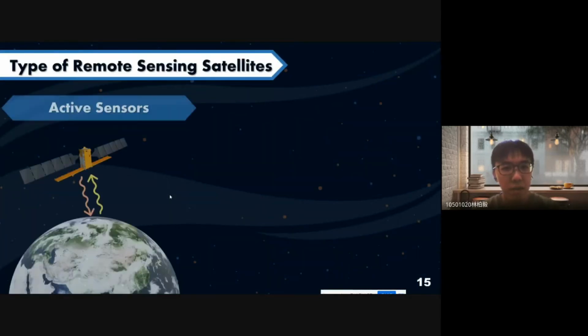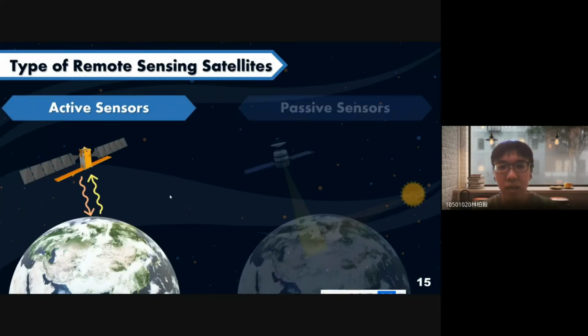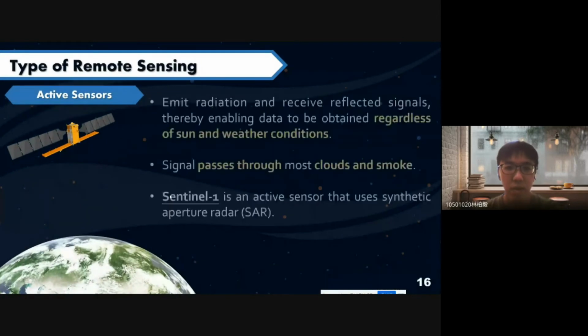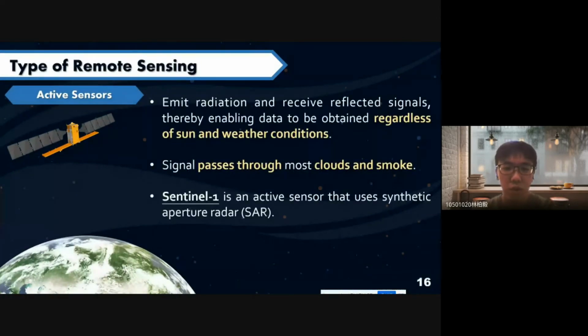Okay, here are the types of remote sensing satellites. We have active sensors and passive sensors. Active sensors means that the satellite emits signal itself, so it doesn't need to consider the sun and the weather condition.